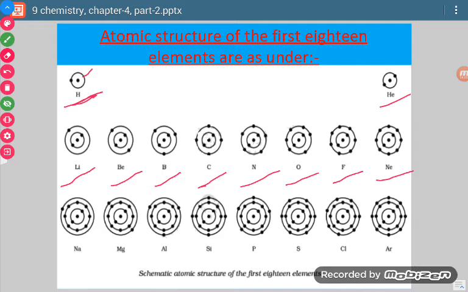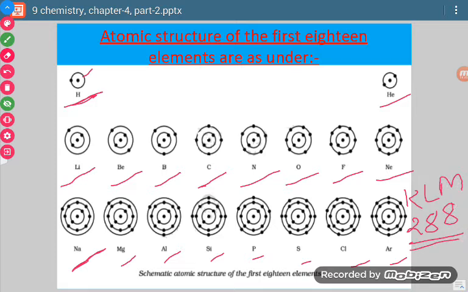Now we know that the outermost shell can contain at the maximum 8 electrons. So if there is one more electron for an atom, then we cannot fill it here itself. We have to go ahead. So for sodium, what happens? K2, L8 and M1. Okay. Similarly, we will keep on filling one electron, and then for argon there are 2 electrons in K, 8 electrons in L, and 8 electrons in M shell.